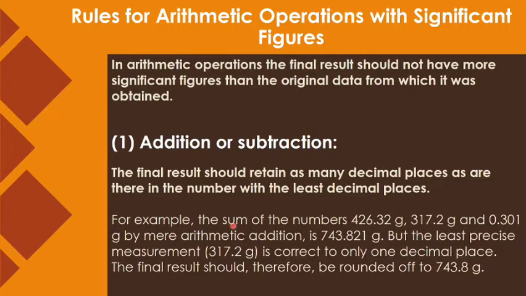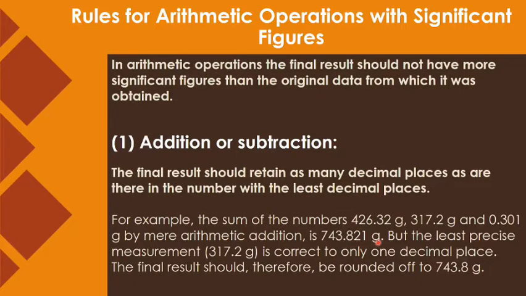So for example, I want to add these numbers: 426.32, 317.2 and 0.301. These all are given in grams. It means they are the masses of some parts. You want to add all these three. We want to find the sum. So when I have done the addition, I'm getting the result